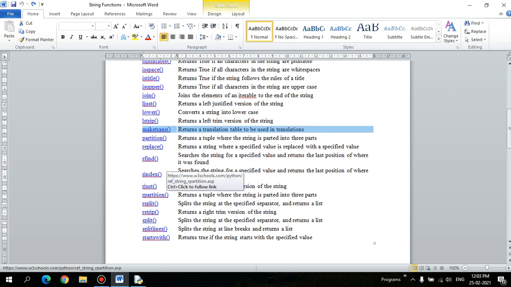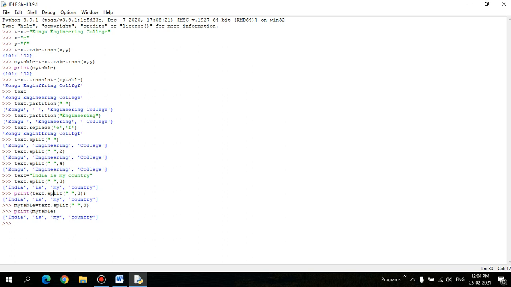The partition function splits the entire string into 3 elements of a list. Look at where it is partitioned. Yes, here it is: Congo Engineering College. The searching element is engineering, so that will be available in the middle of the list.